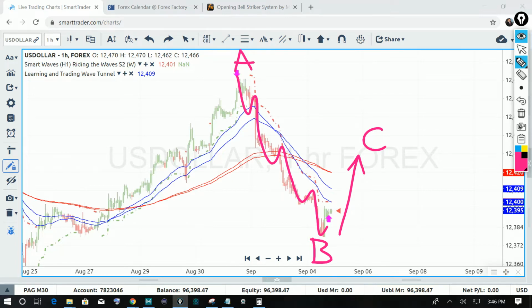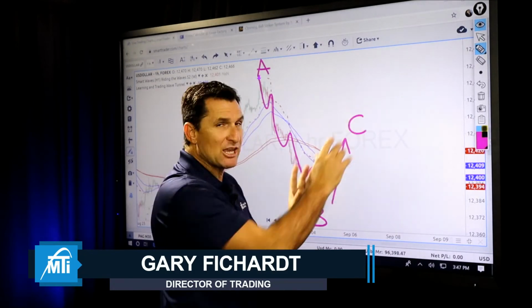Okay, so that C retracement is just a correction in a downward trend. And even though it might be a short-term downward trend because we wedged up in a big daily and weekly wedge, this is still going to be just a correction, all right, a correction in this downward move.